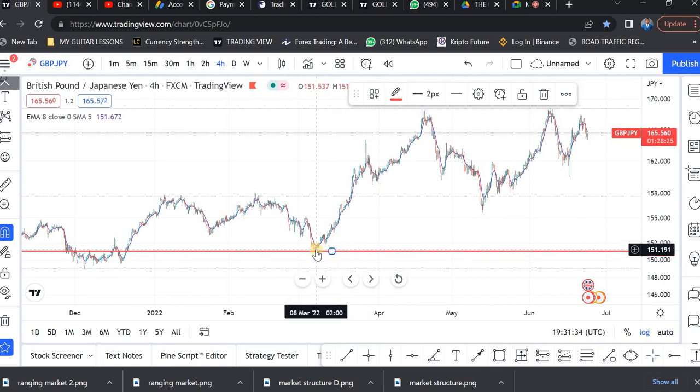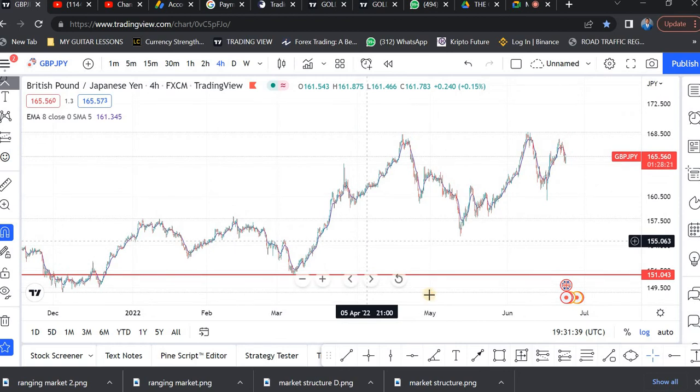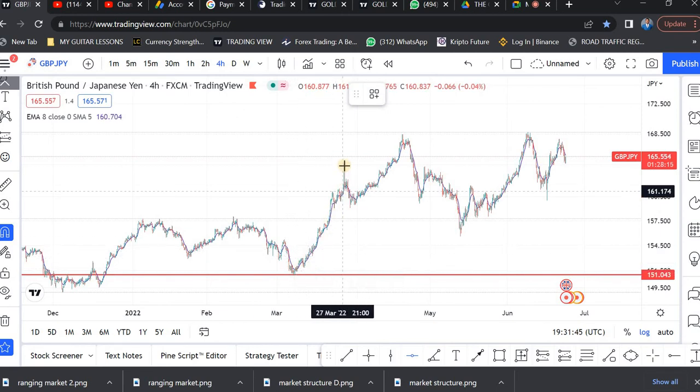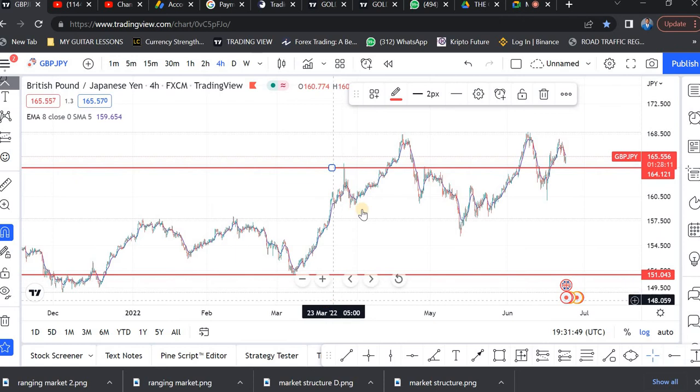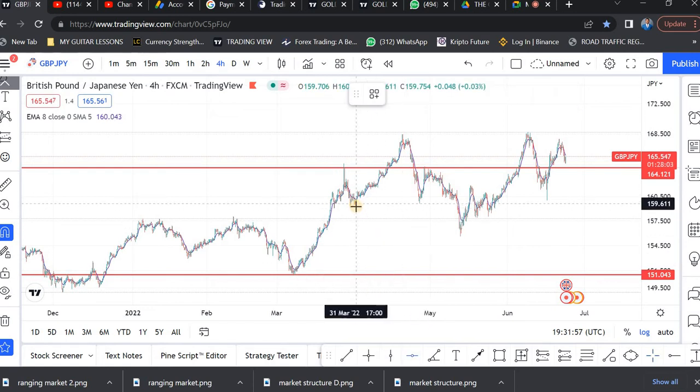Then the next thing to do is to look at the next level price reached from here. From here, price went all the way up to this point. That is the higher high. Then price retraces back to this point, which is a higher low. You place